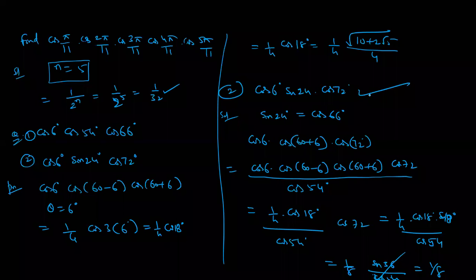It is a beautiful question. Once again, practice this question, all of you. Here one term is missing. That's why multiply and divide with cos 54: cos theta, cos 60 minus theta, cos 60 plus theta. Yeah, Santosh, well done. Cos 72 means no use of the complementary angle because we don't know sine 8 degrees. Dimple.